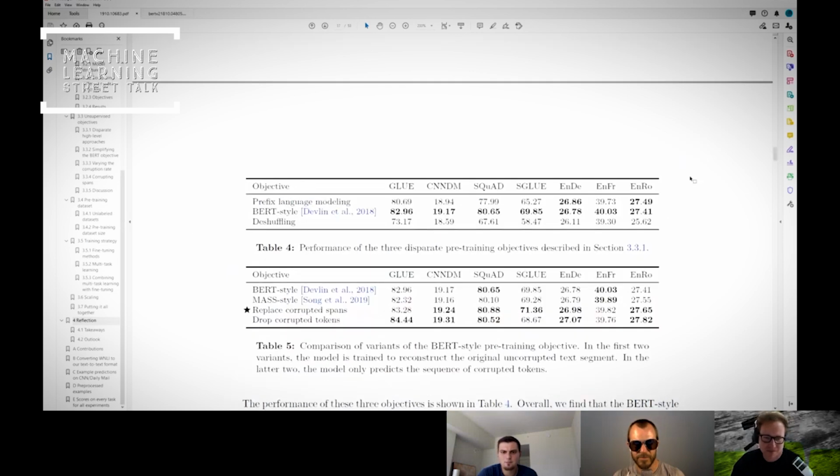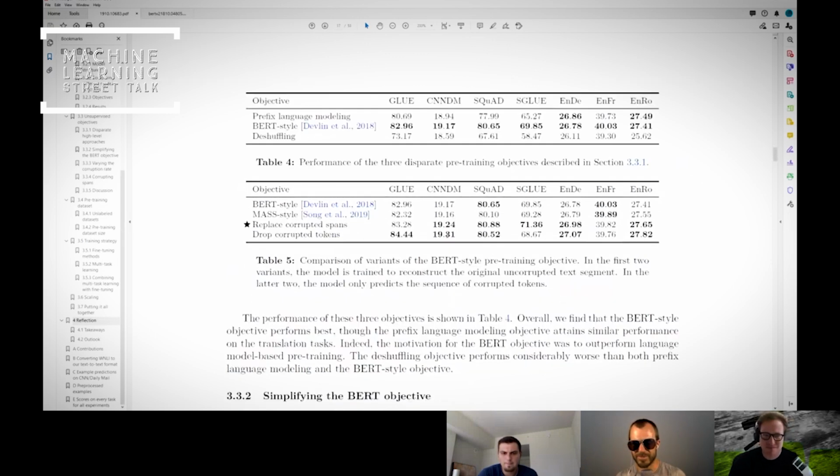Because if you just take a BERT model and train it on question answering or sentiment classification, maybe sentiment works. Everything works on sentiment, but on question answering, it just doesn't work. So even though they say most of these things perform similarly, it still seems to be important that you do this kind of thing, right?